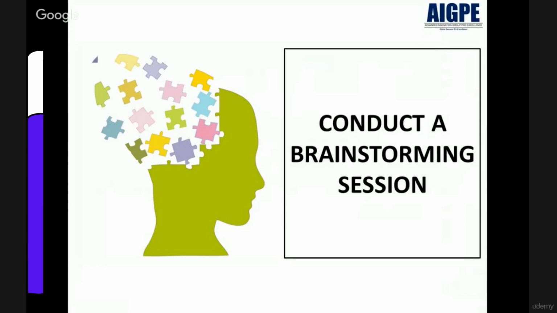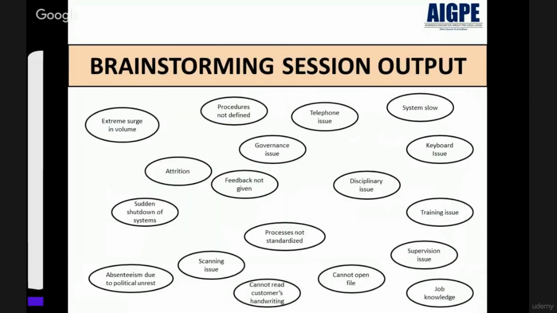Once they understand the problem, you have to request all of them to start contributing ideas of what could be the potential root causes for this problem to occur. We have created an example for you. Let's say I'm conducting a brainstorming session with a team of subject matter experts right in front of me for an issue of high handle time of a call,